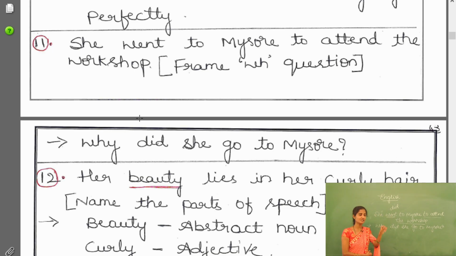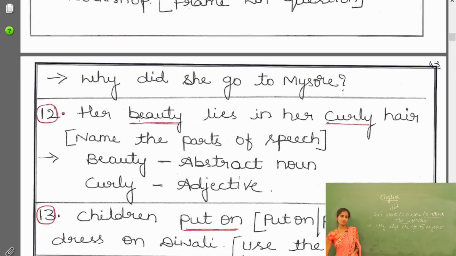The only one thing is, if there is a helping verb in the statement, use the same helping verb right after the WH word. And keep in your mind, when you frame a WH question, right after the WH word there should be a helping verb. If the subject comes, then it will again become a statement. If you use the helping verb right after the WH word, that will be a WH question. If you use the subject, then it will become a statement again. Is that clear?